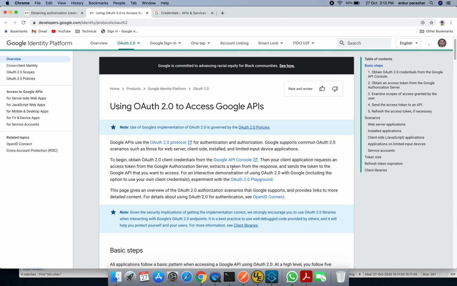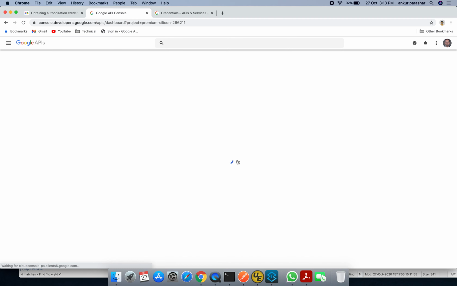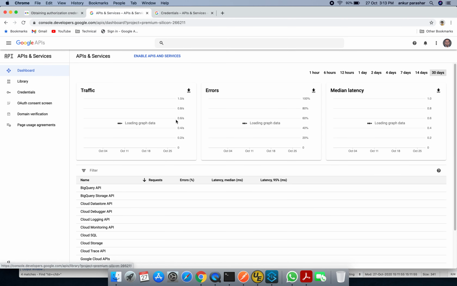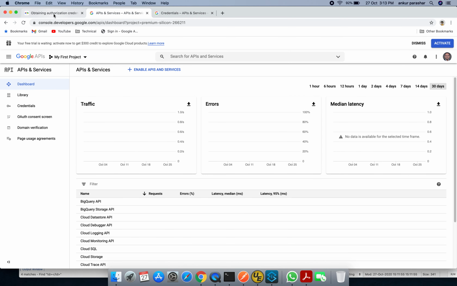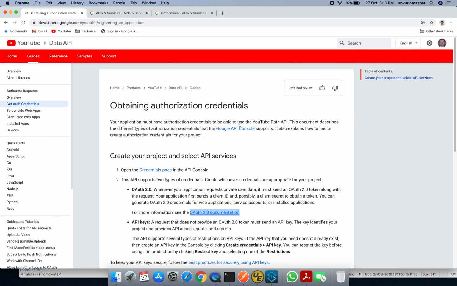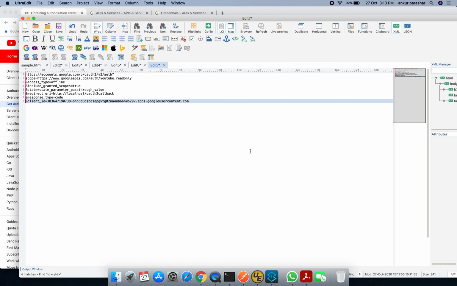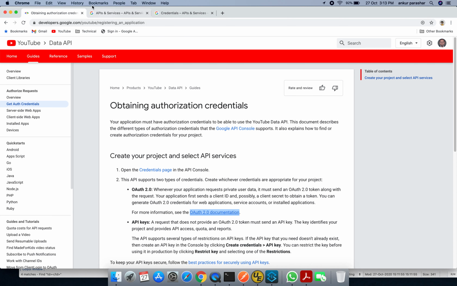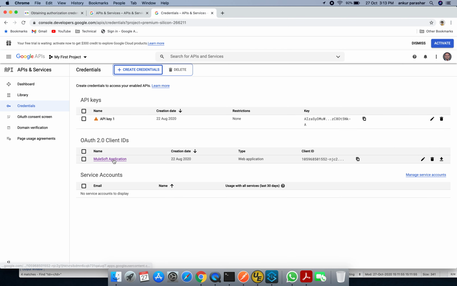Basically it talks about the different playgrounds and all the things within the API console, how you can locate it and how to set it up. Once you have already set up this particular thing in your developer console, the client ID will be generated.